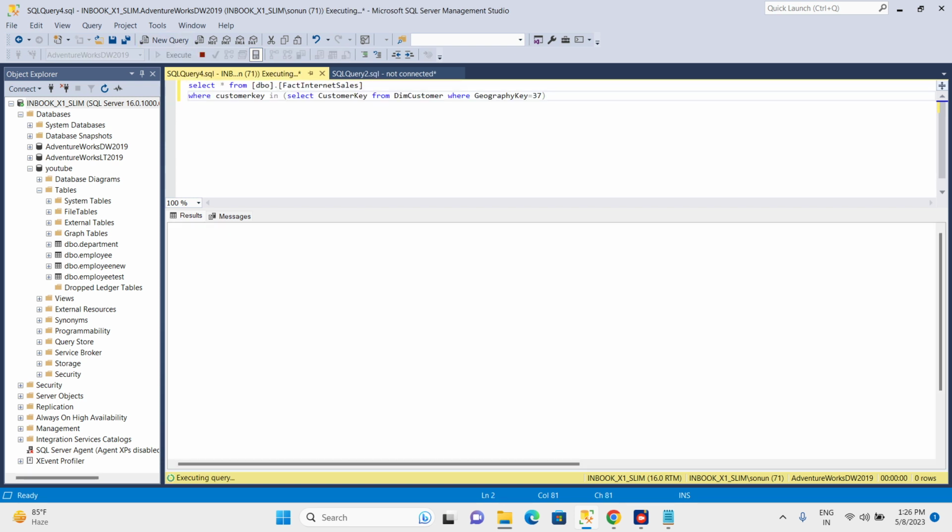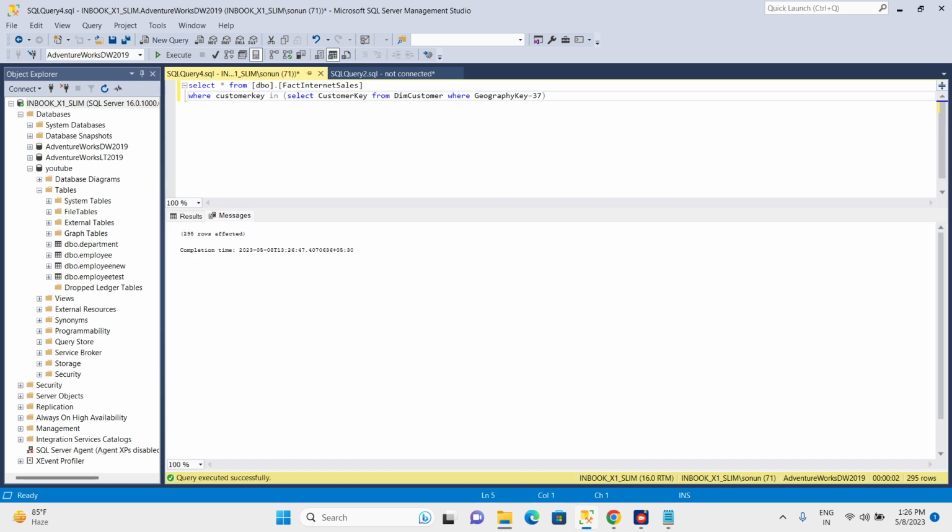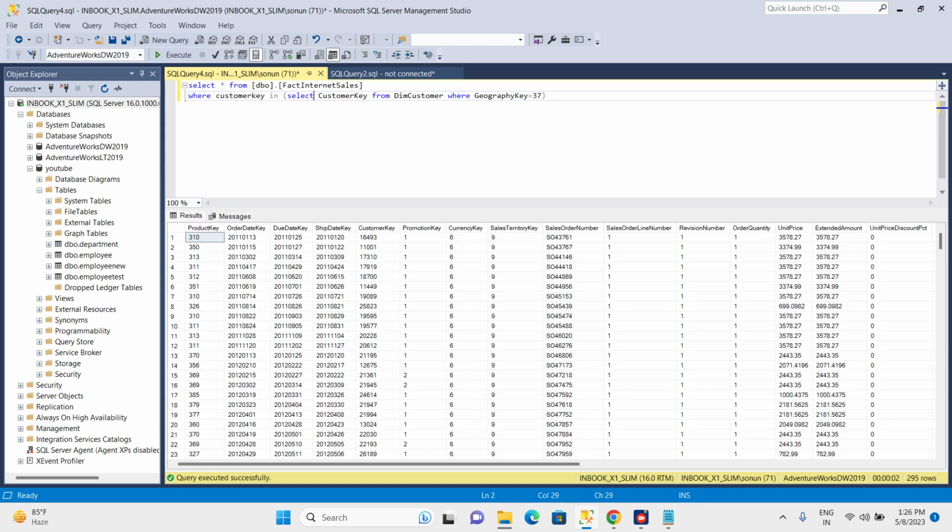So I executed this query. So now let me explain how it is working. So what happened, I need the data from the fact internet sales table and I want to see only data where customer key is equal to where the customer belongs to geography key 37. Geography key 37 is just a code of the area location. So I want to see the internet sales of the customers who belong to geography key 37, and in